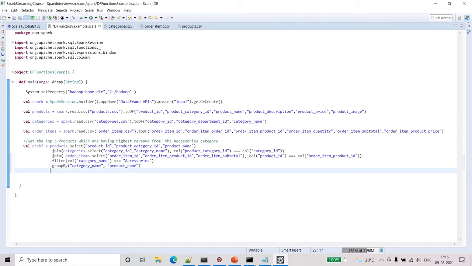Clear till here, right? Yeah. So next perform the aggregation function. Let's do round, and sum of, here again we have to give the column order item subtotal. Round, we are taking 2 digits in the round.